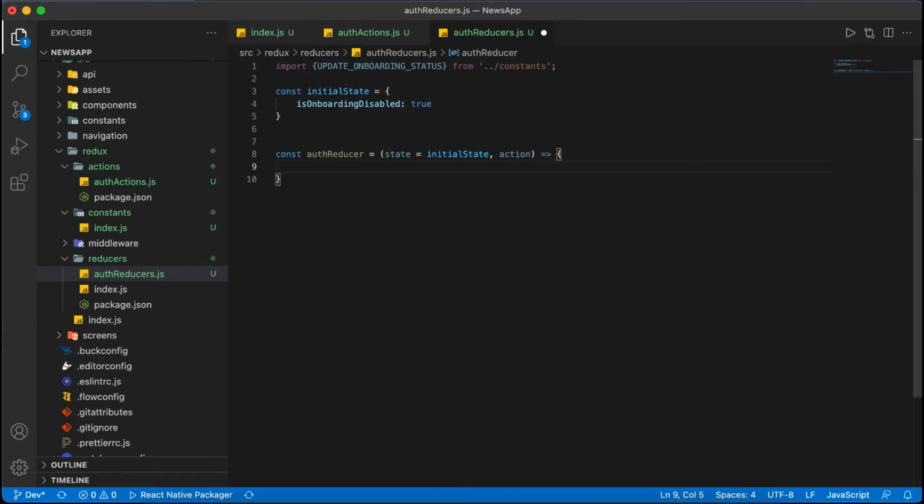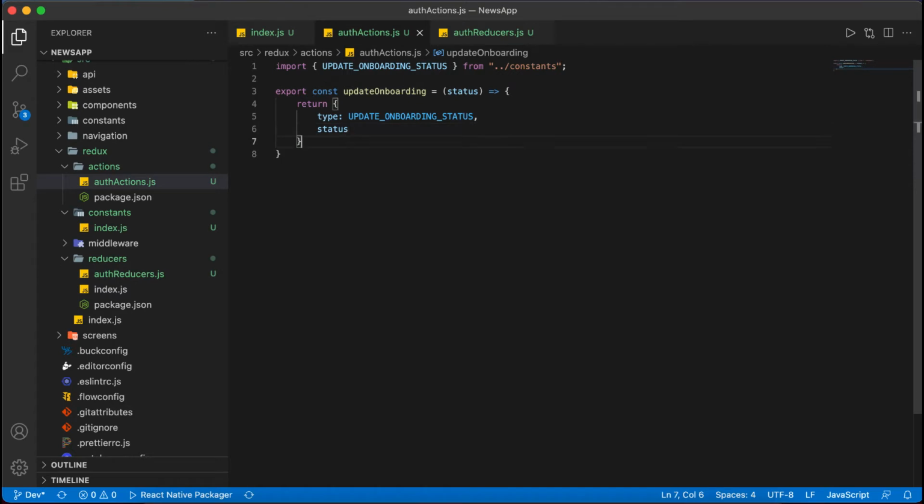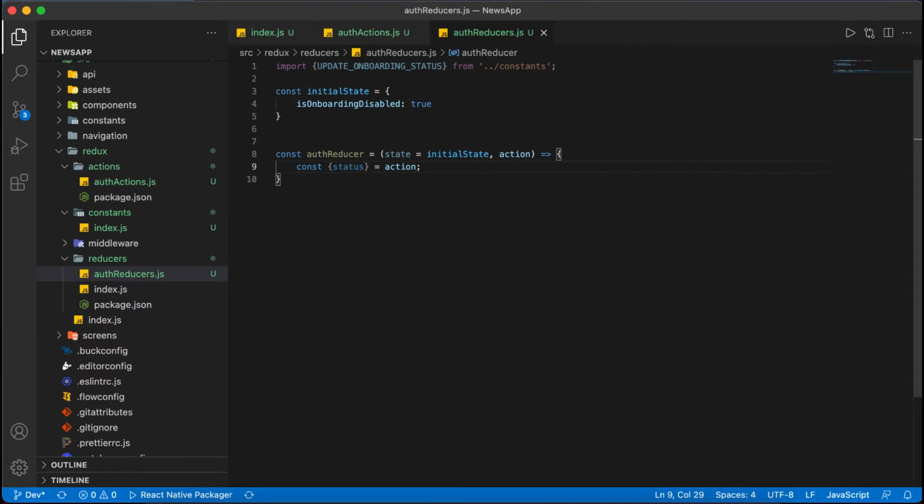Like we can here take the status from action. You can see here we are passing the status, that we will update throughout our UI. We will call the update onboarding status. Then here the status comes through the action.